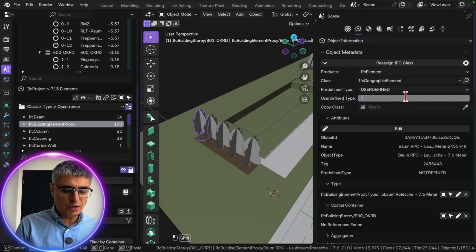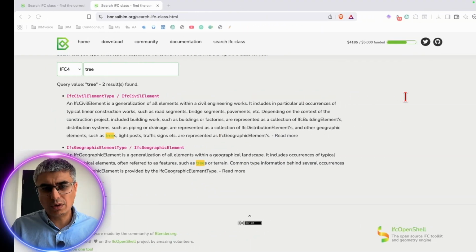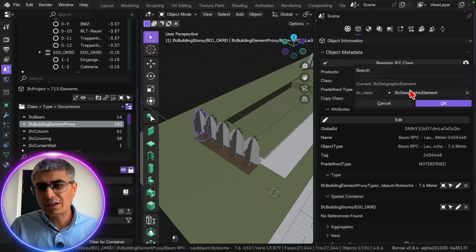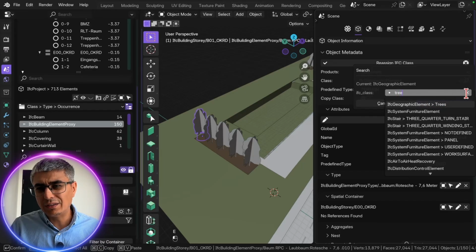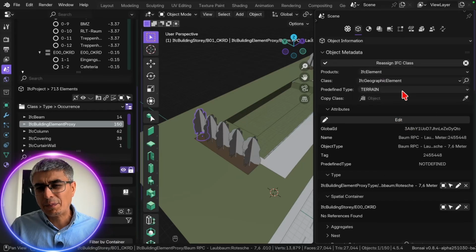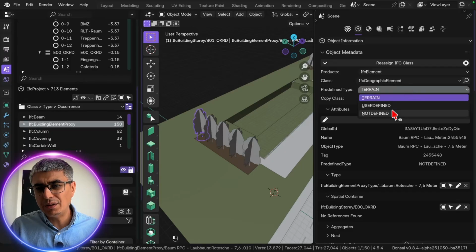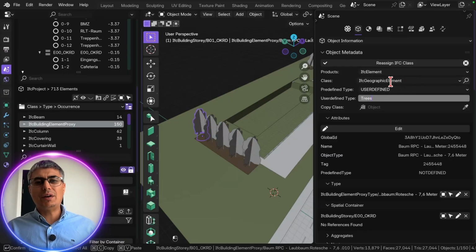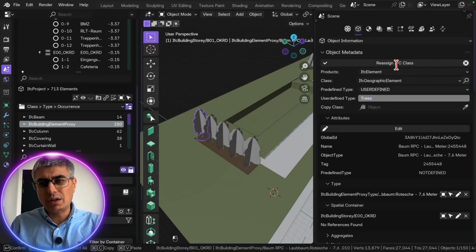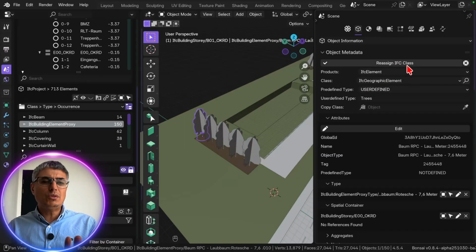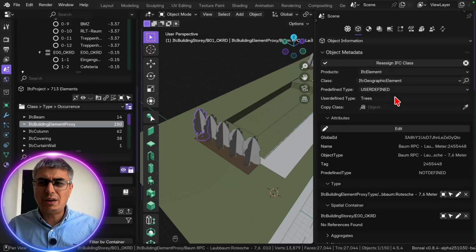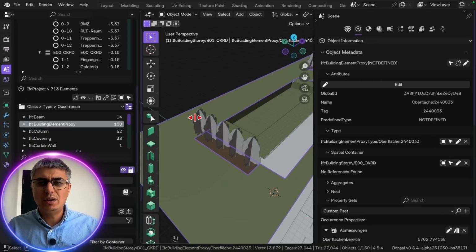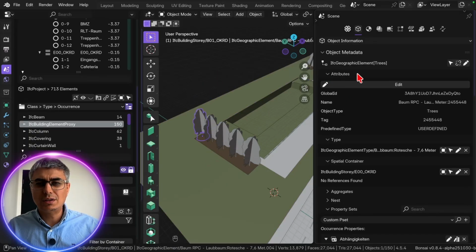And in this case, let's call it trees. Or what was it? Let's check one more time here. Trees, yeah, it's plural. Predefined type, user-defined, trees. Okay, cool. So that's how you use user-defined also for building element proxy. In this case, you can use both, even if you don't use geographic element, but I think this makes more sense. And we click on reassign element, and now when we choose this thing right here, it's